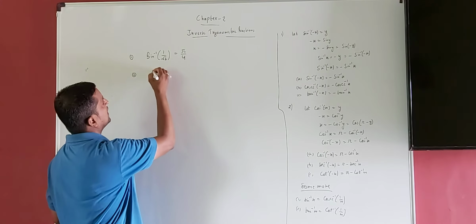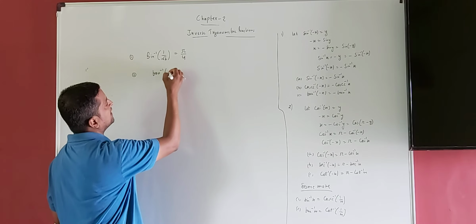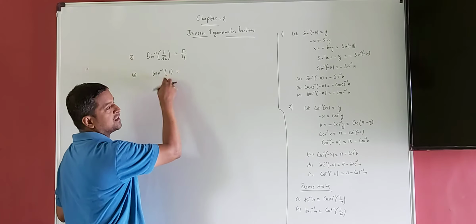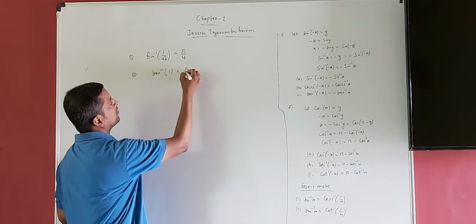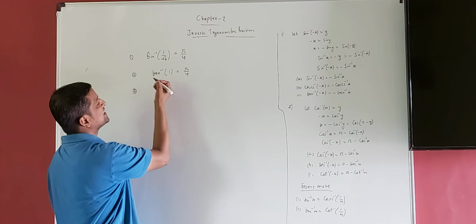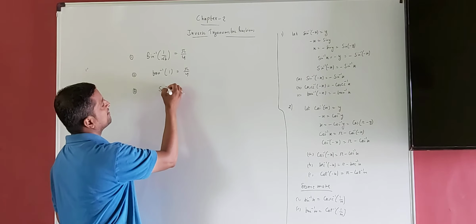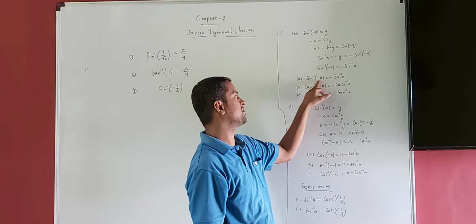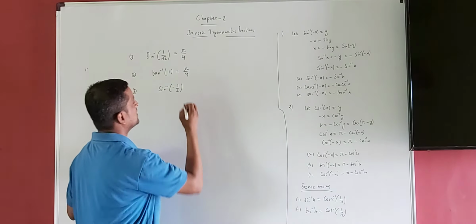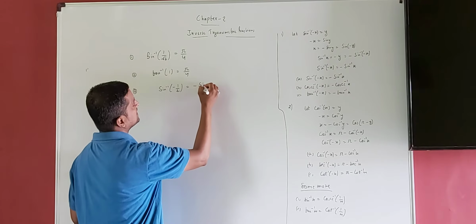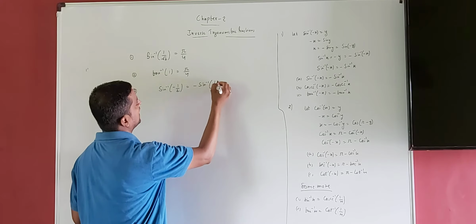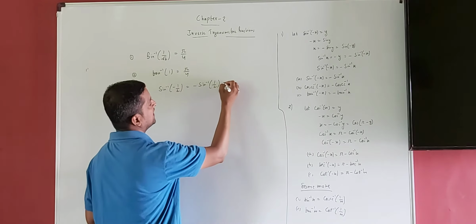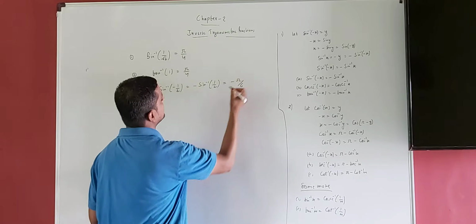Second question. Now if I ask you what is tan inverse of 1, still the value is positive. Very easy, you can write pi by 4. But what will we do if the value is negative, like sine inverse of minus 1 by 2? So see this actually. Sine inverse of minus x is minus sine inverse x. So it becomes minus sine inverse 1 by 2. Now again the value is positive. 30 degree. 30 means minus pi by 6.